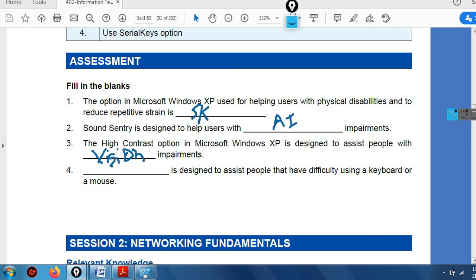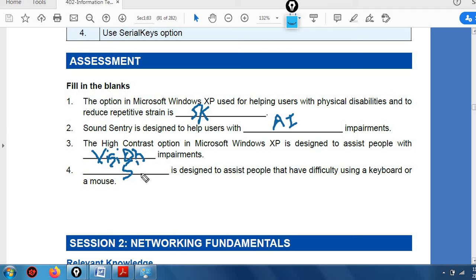Now next, dash is designed to assist people that have difficulty using a keyboard or a mouse. The answer of this is what? Serial keys, right?